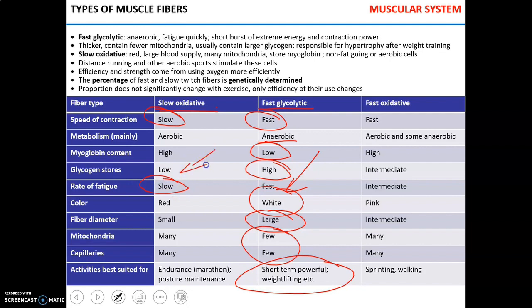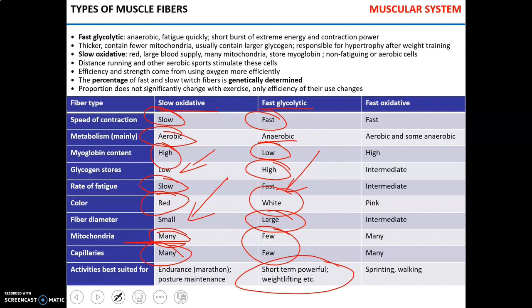They have low glycogen storage because they can use glucose extremely efficiently in the process of aerobic respiration. But for aerobic respiration, they need oxygen, so their myoglobin content is high. They have many mitochondria and many capillaries. They're usually small, less powerful, and they're red due to the mitochondria and capillaries. And these slow oxidative fibers are essential for low-intensity prolonged exercise, such as endurance exercises, basically running, swimming, and maintenance